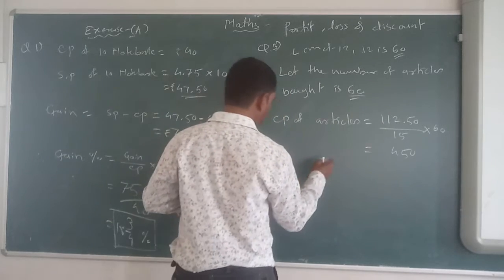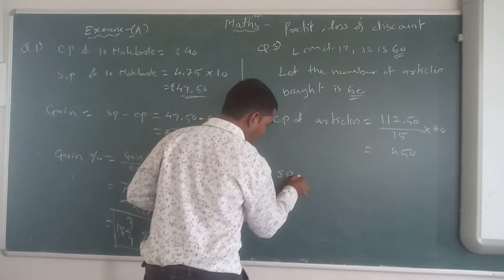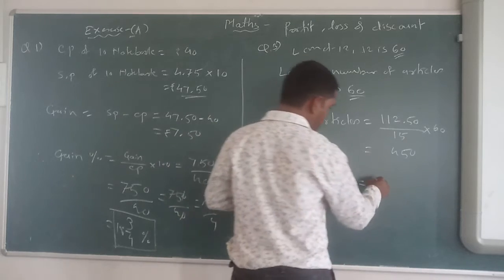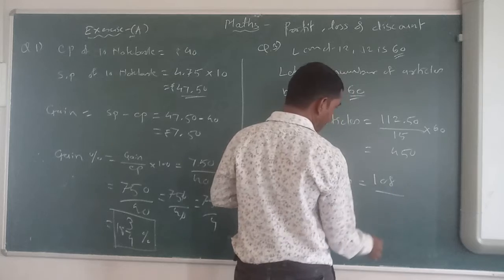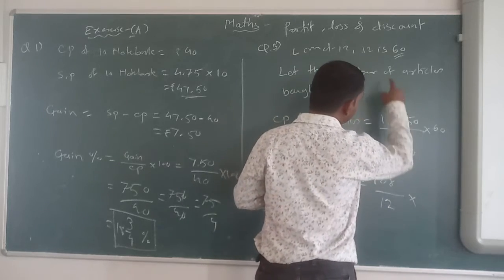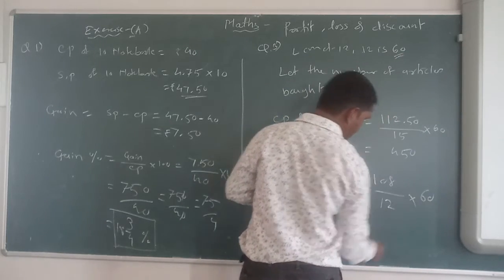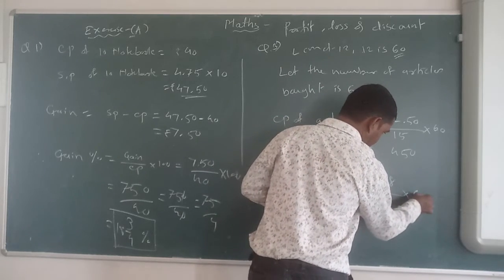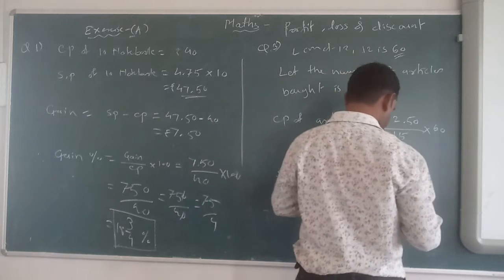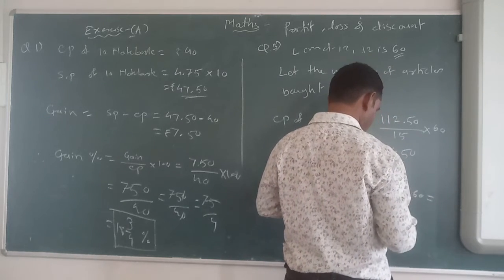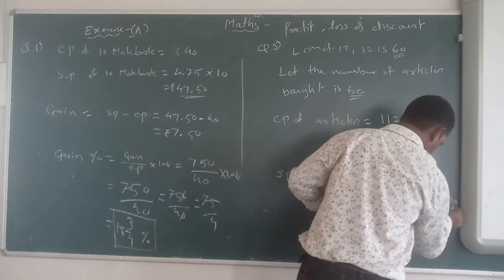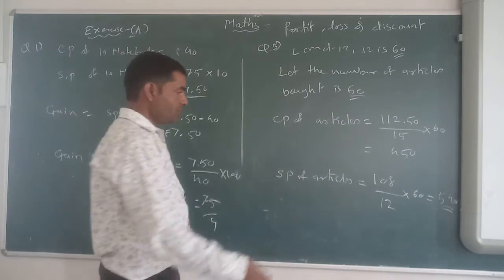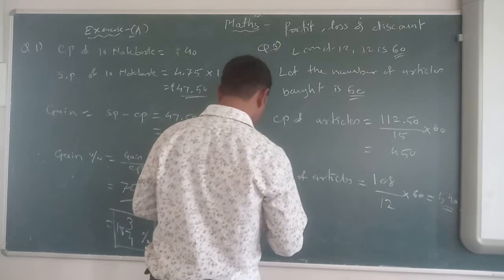Then SP of articles कितनी है? SP 108 कितने आर्टिकल कॉस्ट है? 12 multiply by 60, which will be 540. I have done this one calculation somewhere. You have to do this calculation somewhere on the page. Okay, so